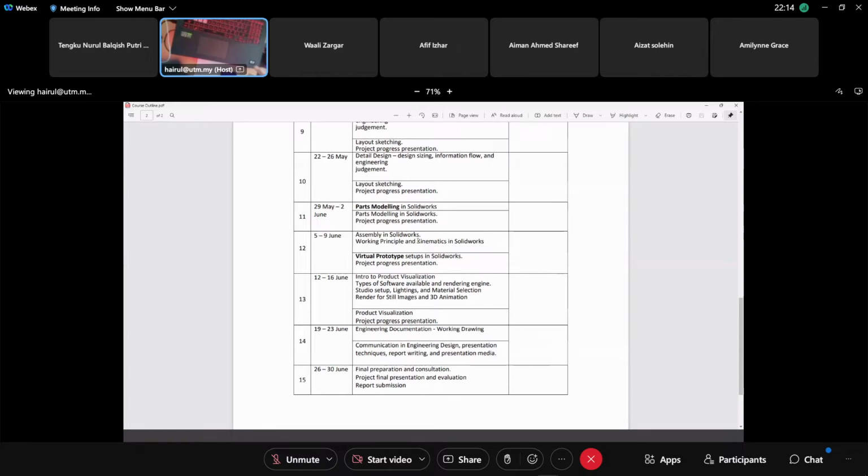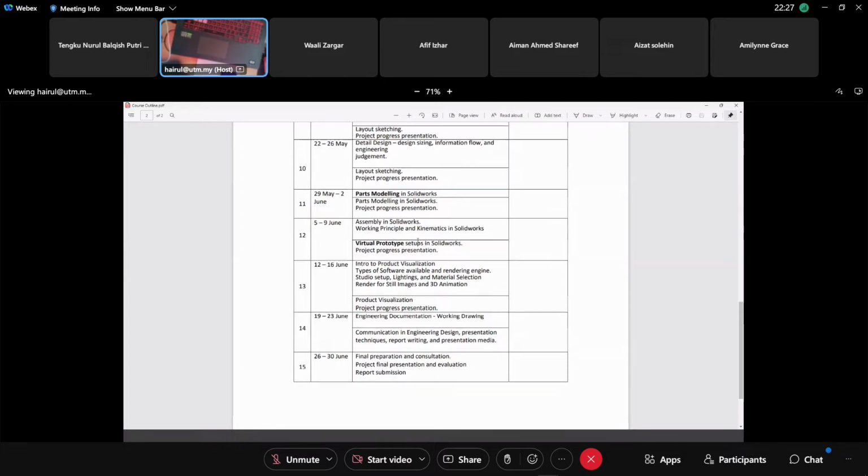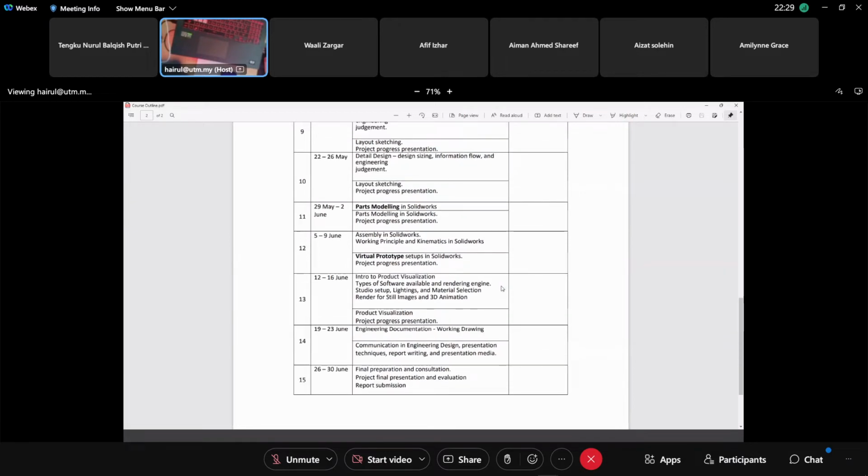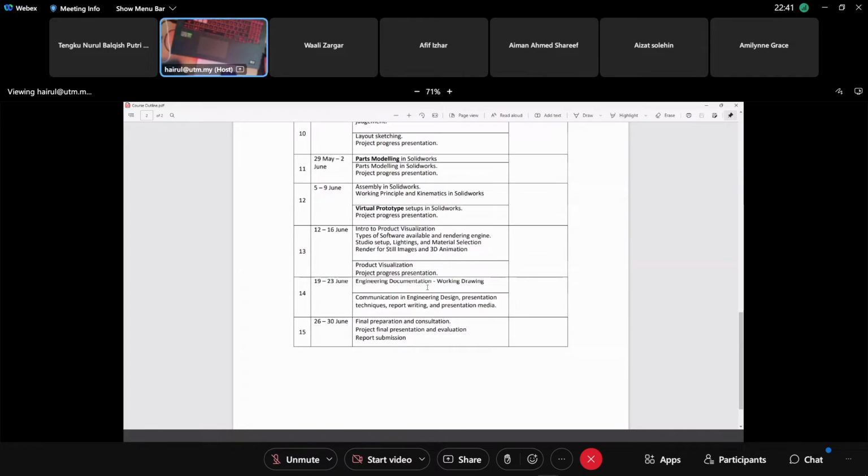When you have gone through your design process and reached your final concept, it is group work: the major project. Then you do prototyping. I am not sure whether we will be back face to face and go to a physical prototype, but if we are still online, we go virtual prototype. That means you do SolidWorks modeling, and maybe some simulation and visualization,